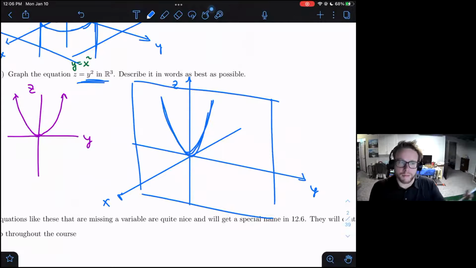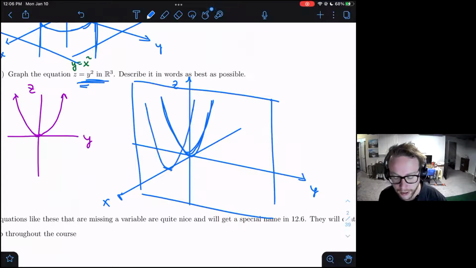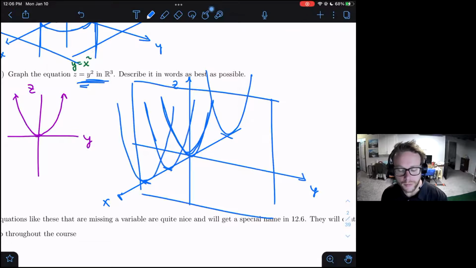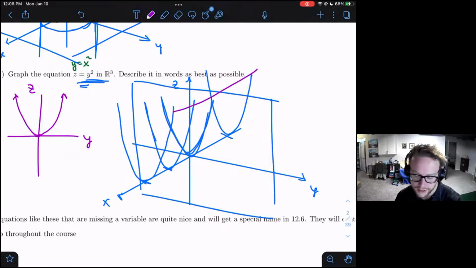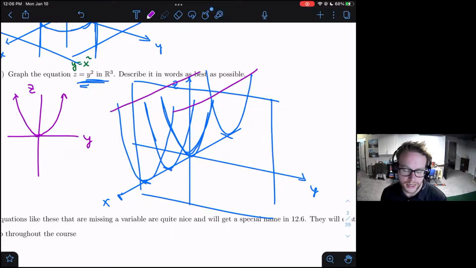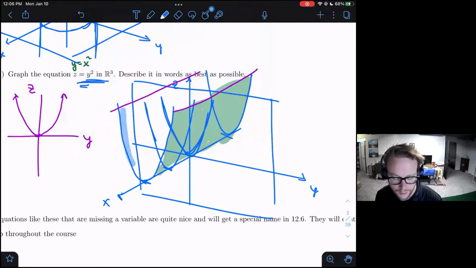However, x has freedom, right? There are no restrictions on x. So x could be equal to 1 out here, and in which case, again, we would still have the restriction that y squared would have to be equal to z. So it would have to live on this parabola here. And likewise, x could be equal to 2. Or x could be equal to some negative number way back here. And you can see if we combine all of these things, we are going to get this interesting kind of parabola, like this curvy piece of paper that's kind of opening in this x direction. Something like this.